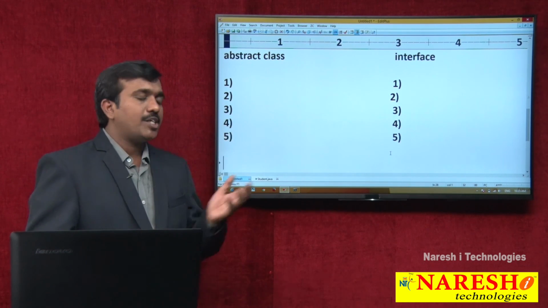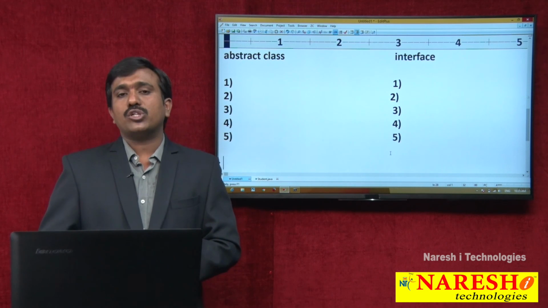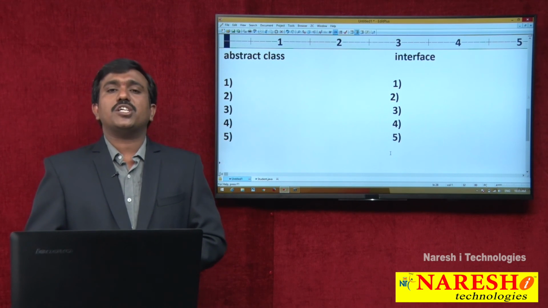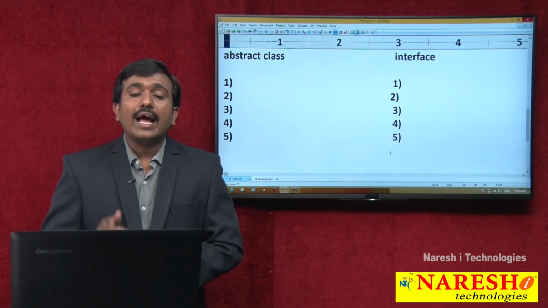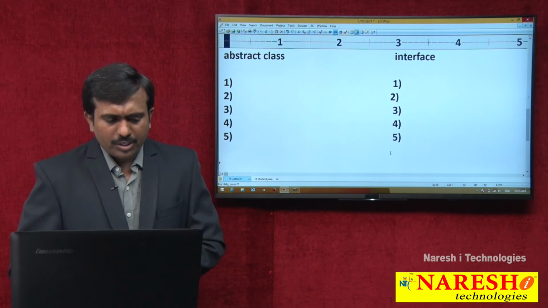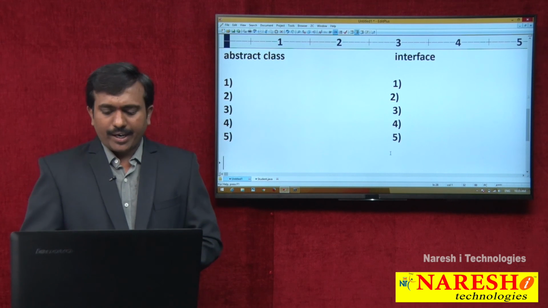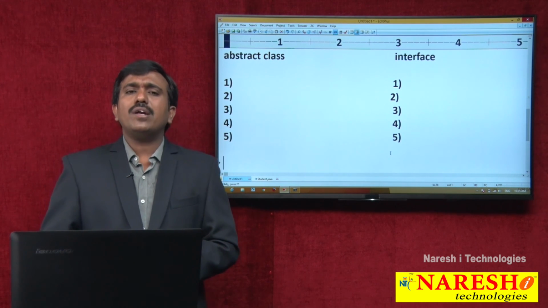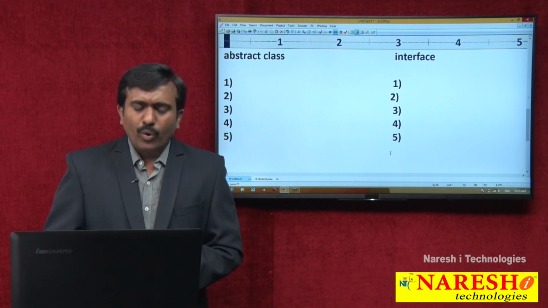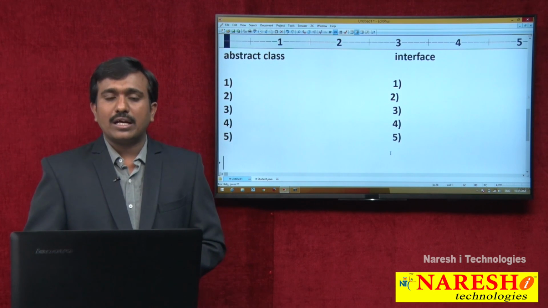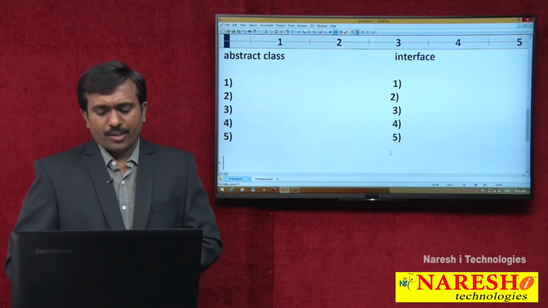And object creation is not possible for an abstract class. Object creation is also not possible for an interface. This is a major difference between an abstract class and interface. It is a common interview question. What is the difference between an abstract class and interface?